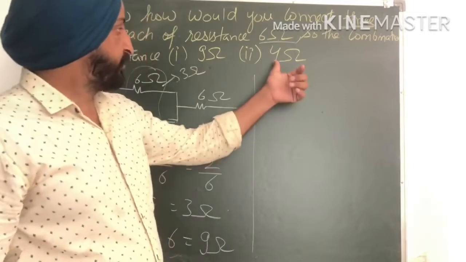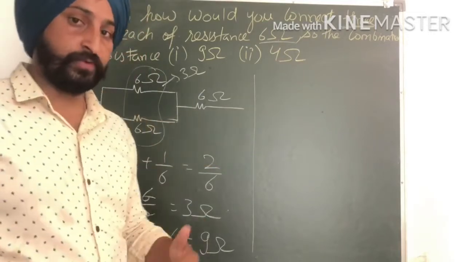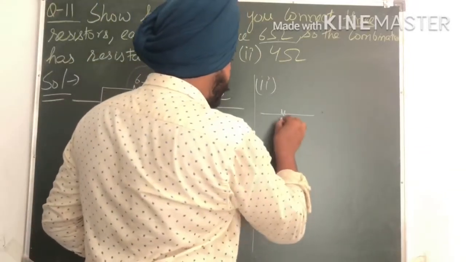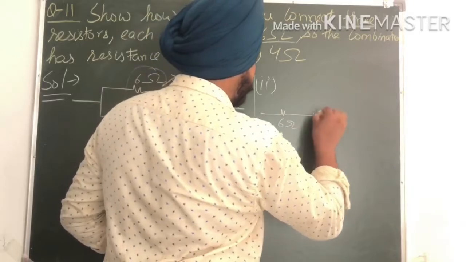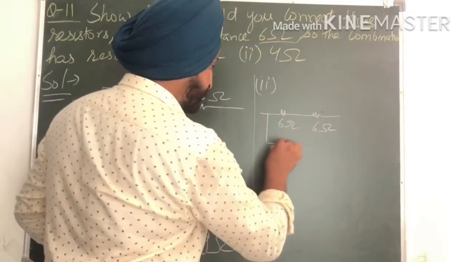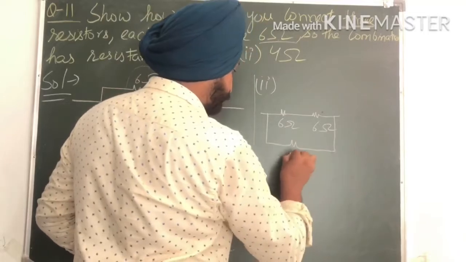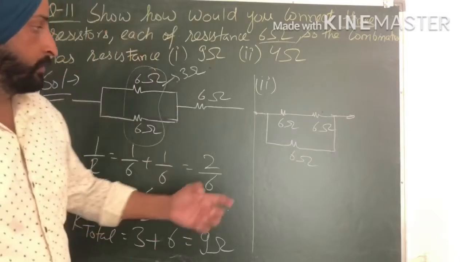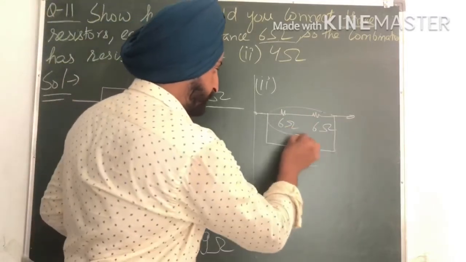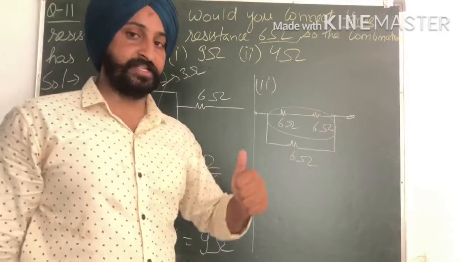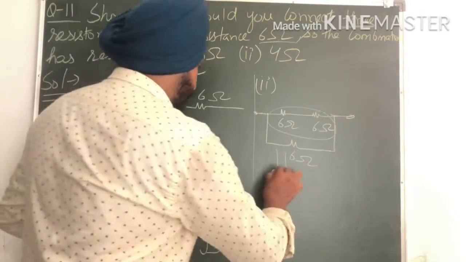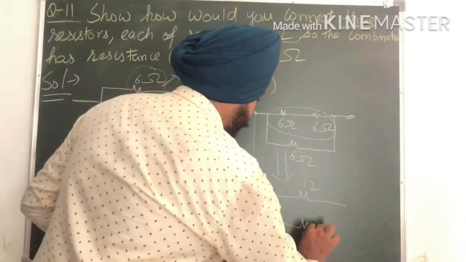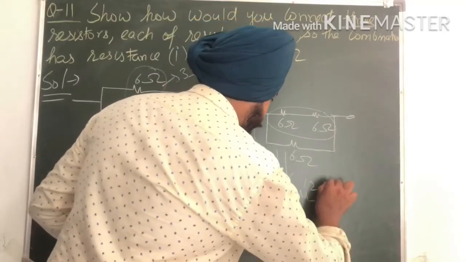Similarly, to get the resistance of 4 ohm from this combination, what we will be doing, I would be connecting 2 resistors in series like this and 1 resistor in parallel with these two. So my circuit will look like this. Now here the net resistance of these two in series would be equal to 12, 6 plus 6, these two are in series. So after solving this, we will be left with 12 ohm and 6 ohm in parallel.